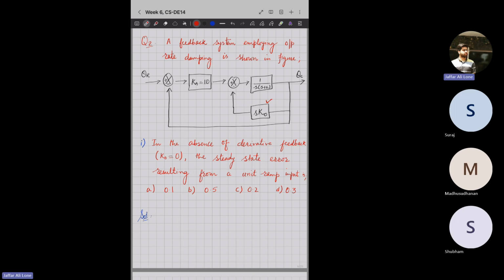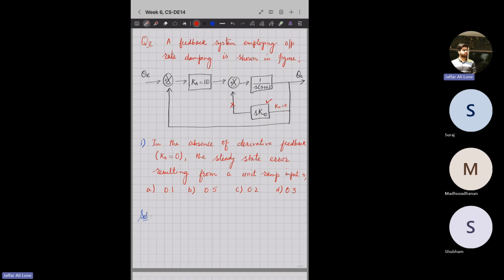The question says, in the absence, meaning this K naught is equal to 0, there is no feedback. In the absence of this derivative feedback, the steady state error resulting from a unit ramp input is asked. Again, we have a unit ramp input, which means R of S is 1 by S square. We have to find the steady state error, and if we look at the options, the steady state error is finite, which clearly means